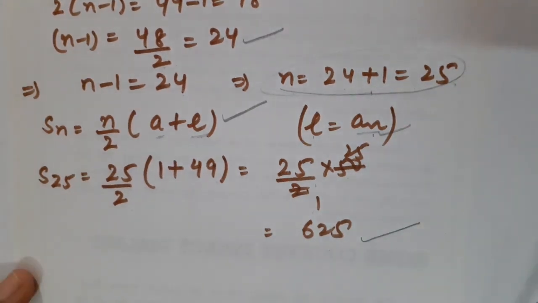Correct, students? So we basically did 2 steps to solve this question. First of all, we found the number of terms, and after that we found the sum of those very terms. Which were those terms basically? We were going to find the sum of odd numbers between 0 and 50.